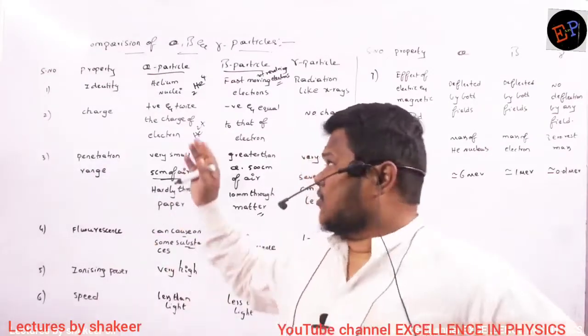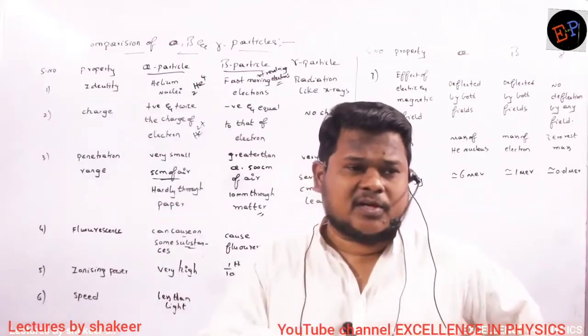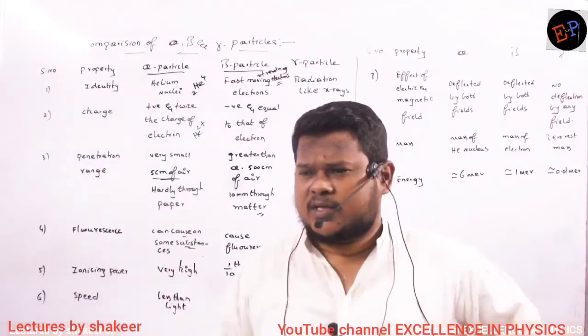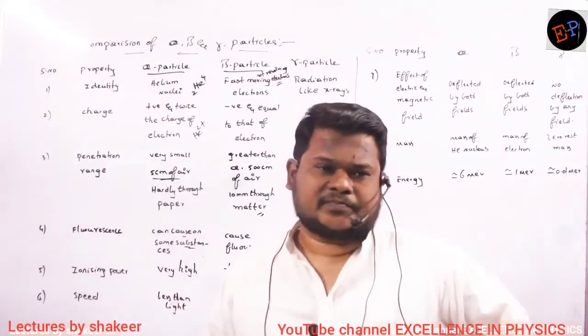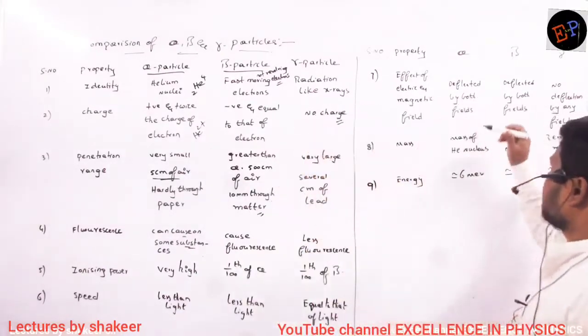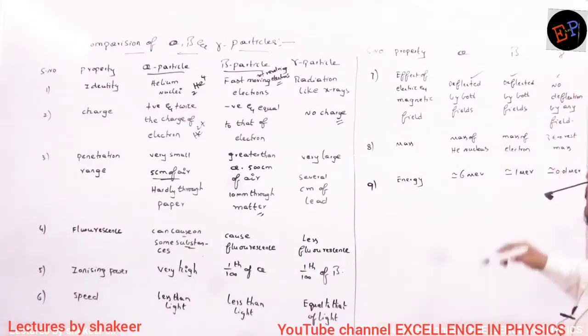Are you able to understand? And out of alpha, beta and gamma, which are the charged particles? Alpha and beta, they are charged. Which is a neutral particle? Radiation, gamma. It is not charged, no? So gamma doesn't deviate, whereas alpha and beta will deviate from their path. So alpha and beta are deflected by both fields, but here you cannot find any deflection.